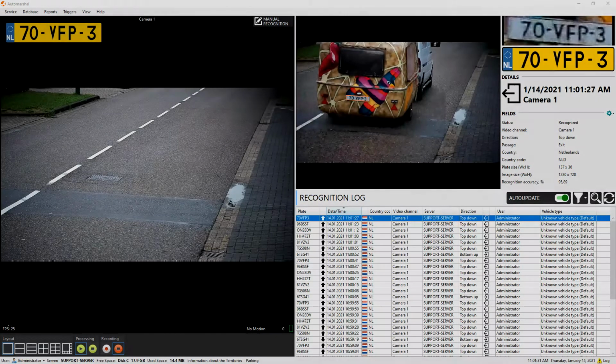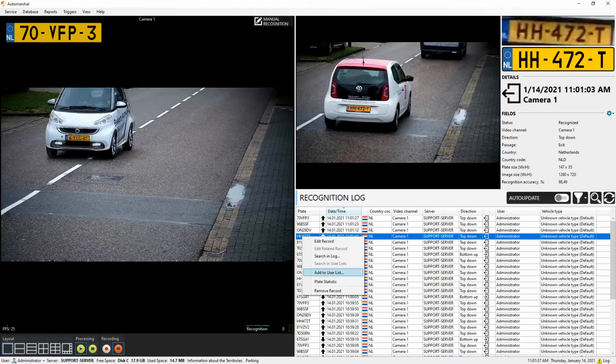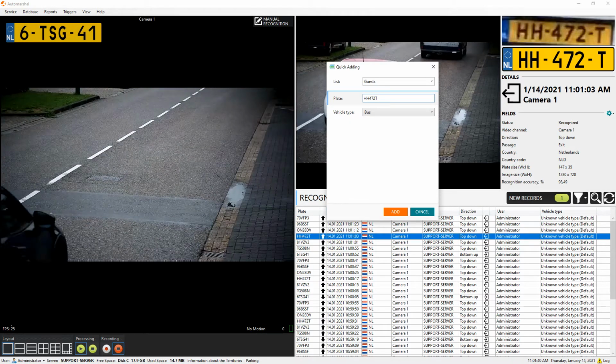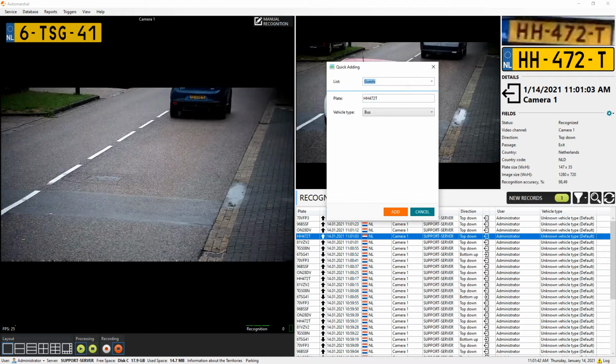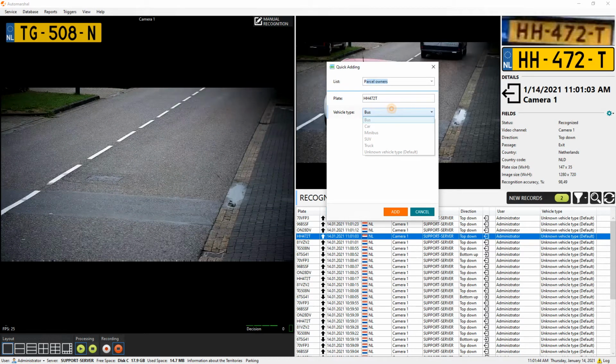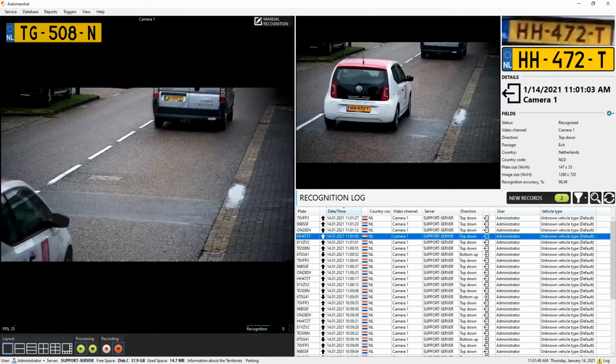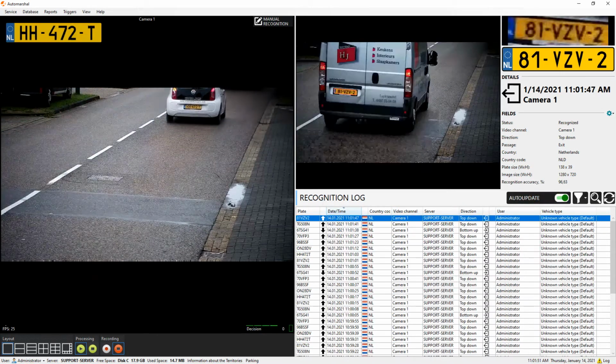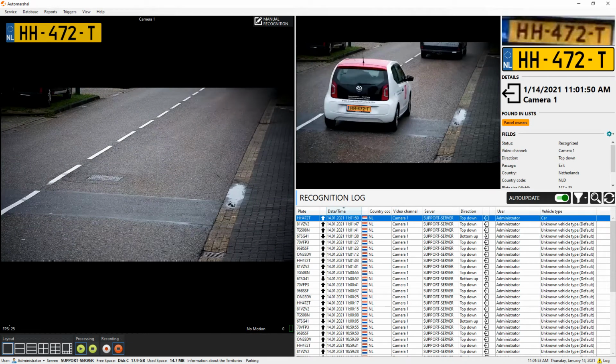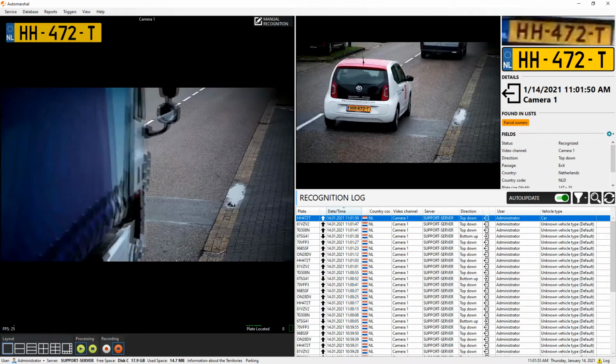The window for quick addition of the number plate into the list was improved. The new version of Automarshal adds a quick search feature for the lists in the quick adding window. This feature eliminates the need for manual search of the required list name across all available ones. To use this feature, the user needs to type the first letters of the required list name and select the